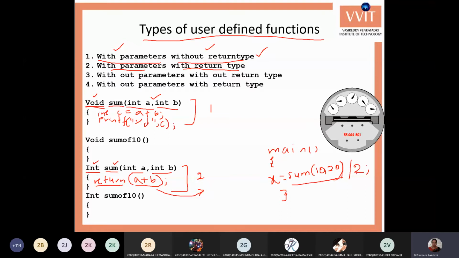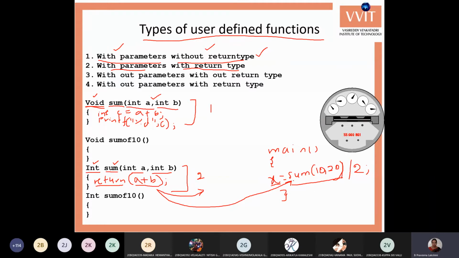Okay, then I can find out the division by 2. In that case we require the return value. This return value is returned to here, and that value is divided by 2, and we'll get x as the average of 10 and 20. In these cases we will use the return value in main.